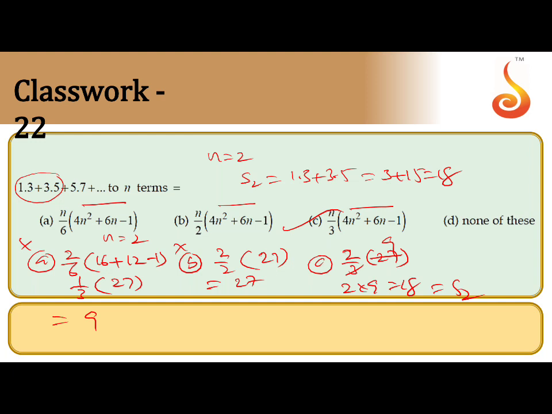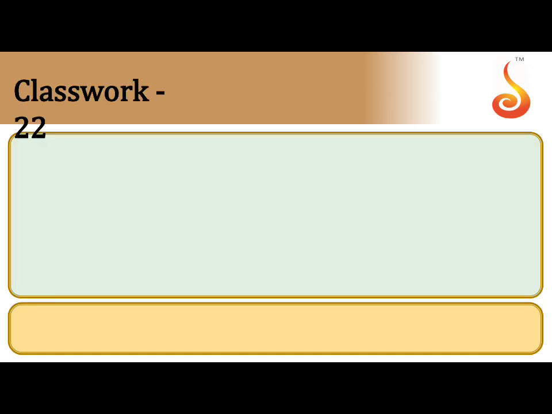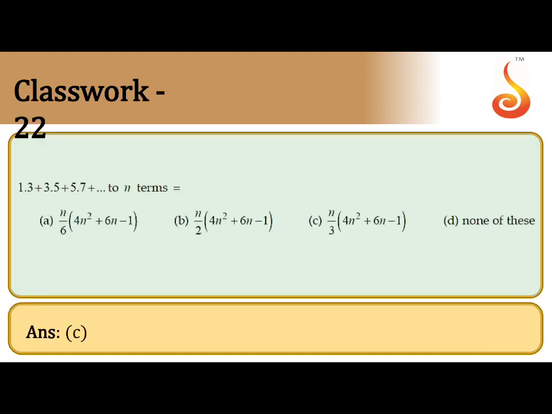That is the way to apply the verification method. This is a very easy method to find the sum of n terms of any given series without using any formula. Go for verification. Assume n equal to 2, S2, the sum of the first two terms. In the options also, substitute n equal to 2. Which option is matching with 18? That is the answer you can take. The same method you can follow for any question of this type. Check the answer. Option C is correct.